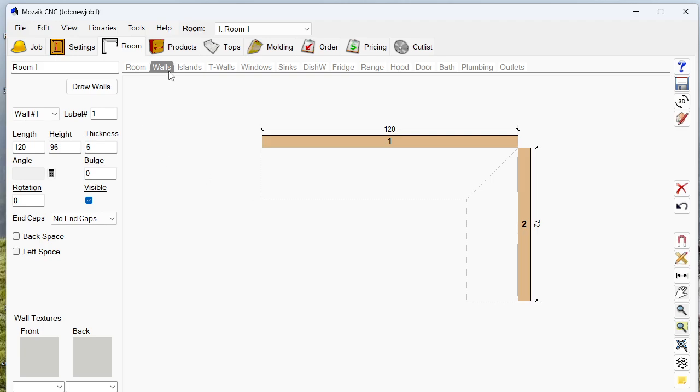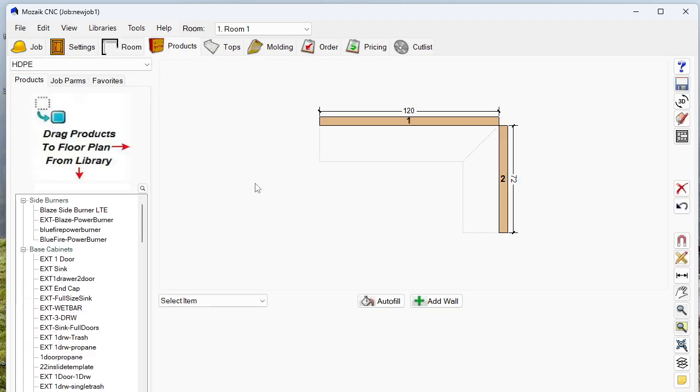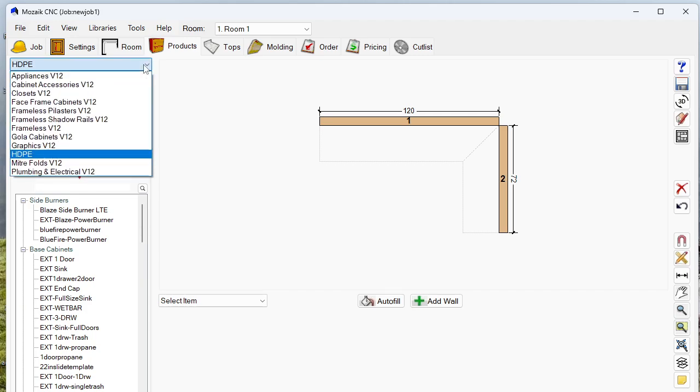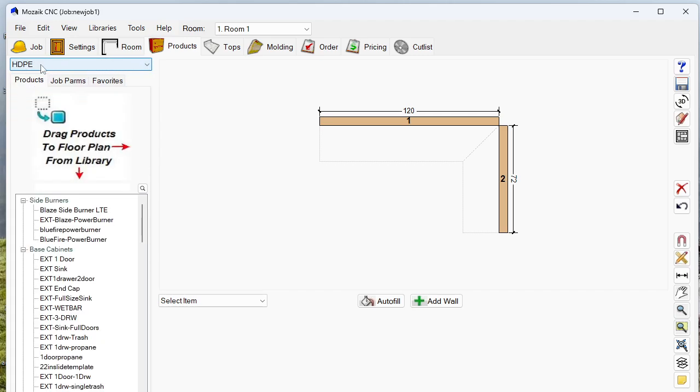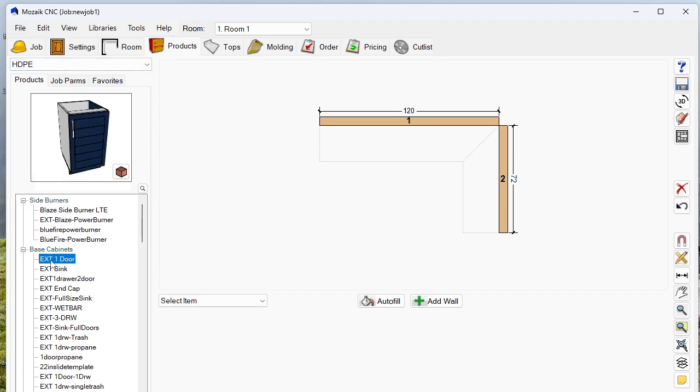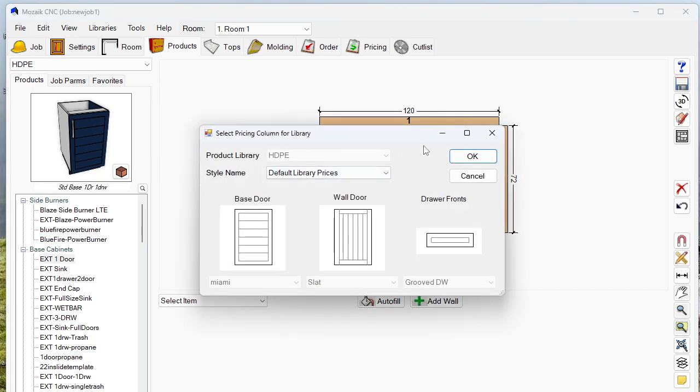Now we are going to start adding cabinets. In this tab right here, products, at the very top, this is where you add all of your products, which are your cabinets. You want to make sure you are in the HDPE. This is our library. You do not want to use anything else for cabinets. Only use the HDPE folder for these cabinets. Simply start dragging and dropping,